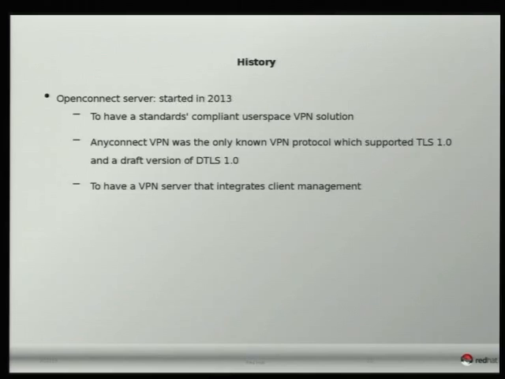The server was started by me a few years later, and the reason was different. I had checked all the open source VPN solutions we had, and I didn't like the layer 7 solutions that were available. They were custom-made protocols. They were not based on TLS or datagram TLS. And for that purpose, when I saw Openconnect, I found a very nice client for a very nice protocol. So I wrote the server side,